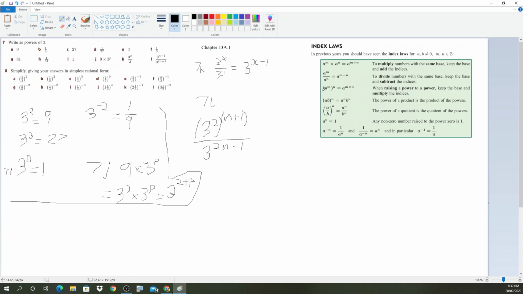And then I have to use the third rule to expand what's there. So what's on top will actually become 3. And I have to use the distributive law. So it's 2 times n and 2 times 1. So it's 2n plus 2 divided by